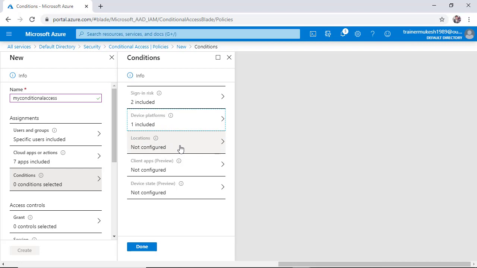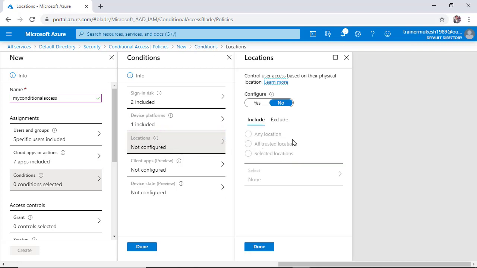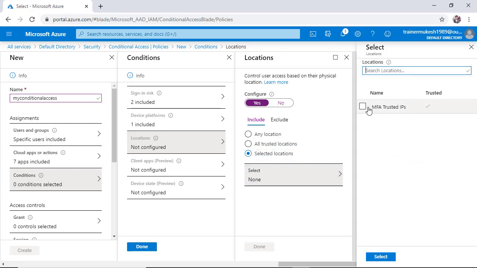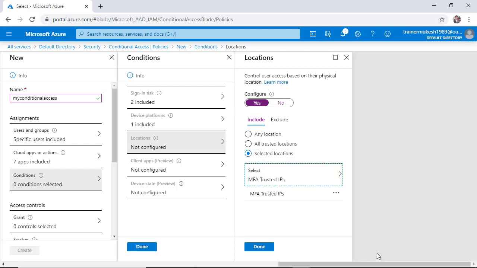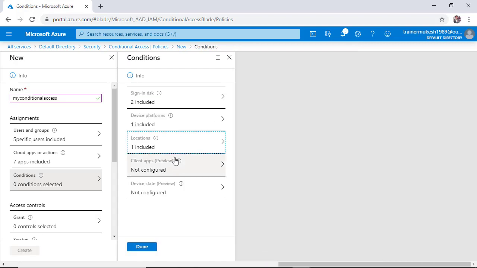And depends on your environment again. Location: he should access the application from any location, or trusted location, or selected location. So selected, this is the trusted IPs. I am selecting that.